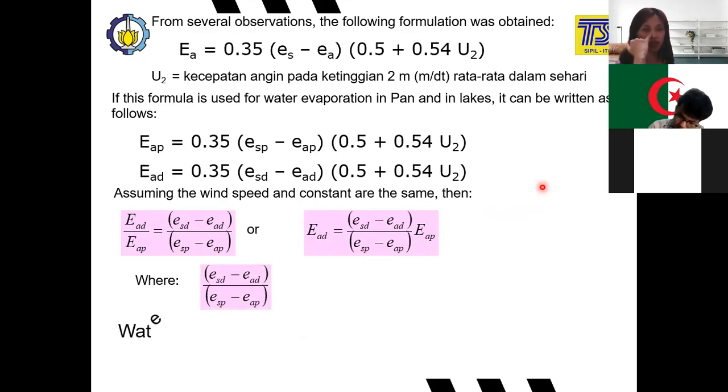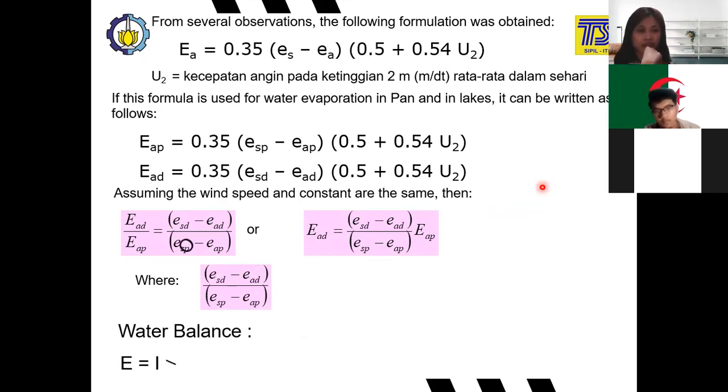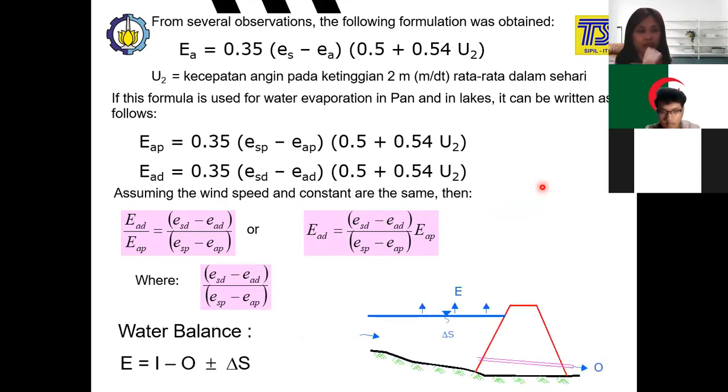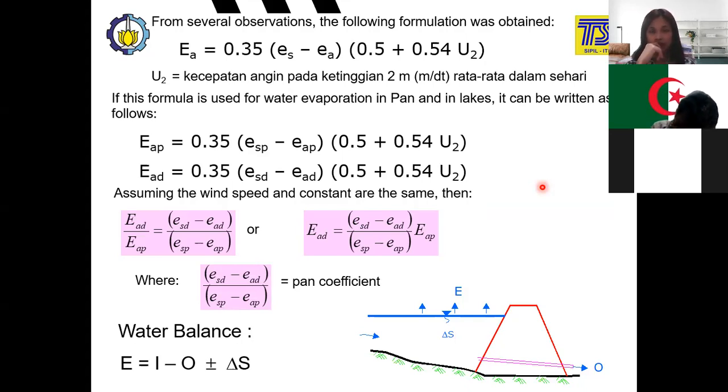So to make it easy, there are already people who observe the evaporation, and then they compare the actual evaporation with the empirical equation, and after that they can obtain a modified empirical equation based on their observation. For example, here we have the actual evaporation equal to 0.35 times ES minus EA times 0.5 plus 0.54 times U2, as in U2 here is the